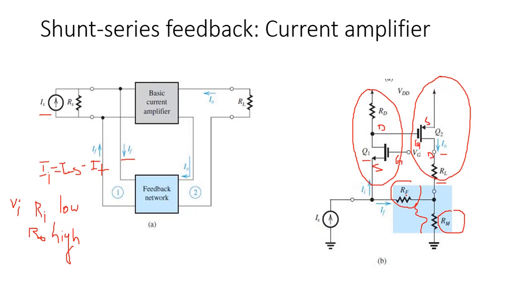So the voltage across Rf is fed to the source terminal of Q1. The feedback current that flows through the Rf is subtracted from Is to get the input current Ii, which is fed to the source terminal of Q1. So the polarity of If and Is is the same, such that the feedback is negative.